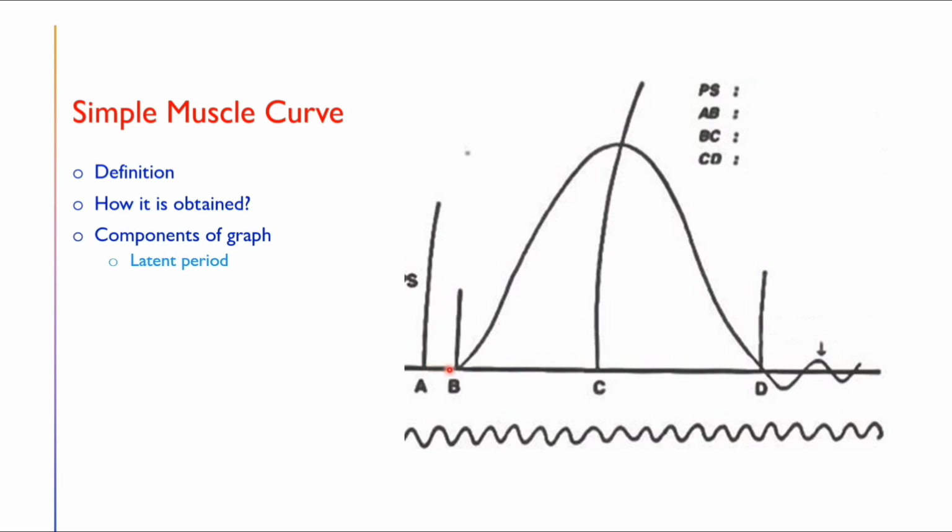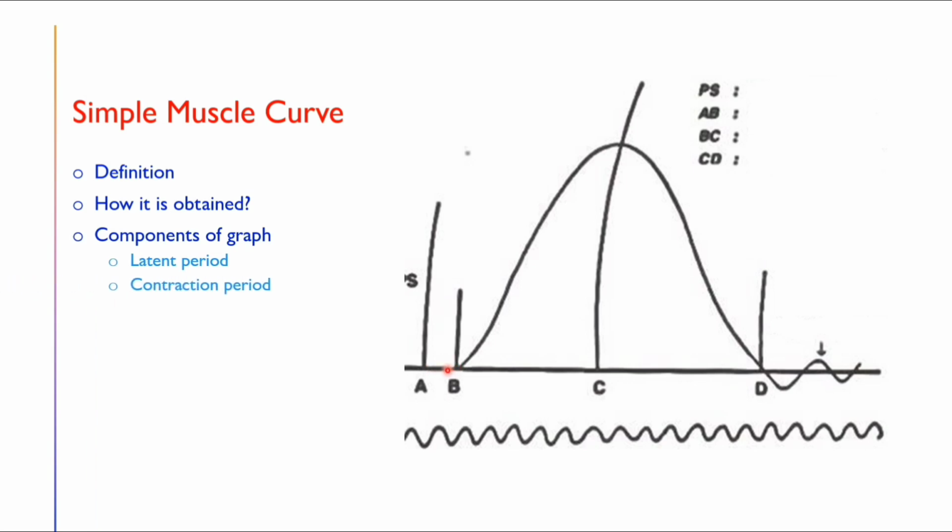Which are the processes that happen? First is stimulation of nerve. If the nerve is stimulated, then there is release of acetylcholine. This acetylcholine binds to the nicotinic receptors on the muscle end plate. That will cause opening of the sodium channels. This sodium influx will cause depolarization of the muscle and an action potential in the muscle will develop. Then it will cause release of calcium. This calcium will bind to troponin C. All these processes are included in the latent period A to B. So in A to B mechanically nothing is happening, but chemically lots of processes are happening.